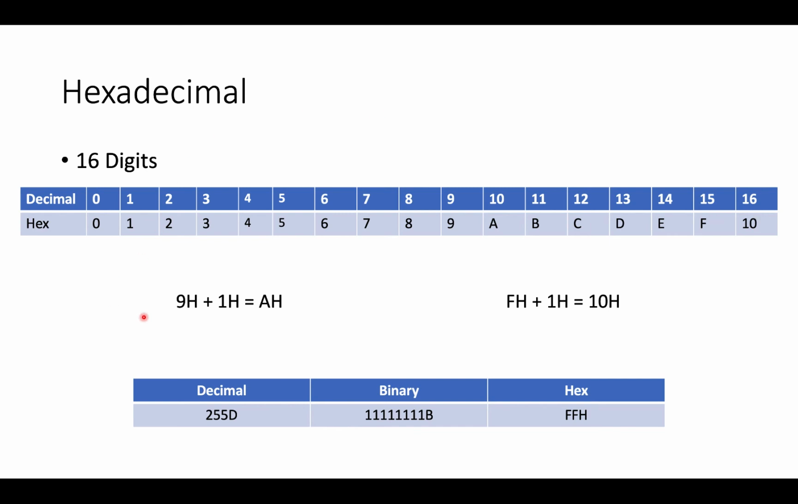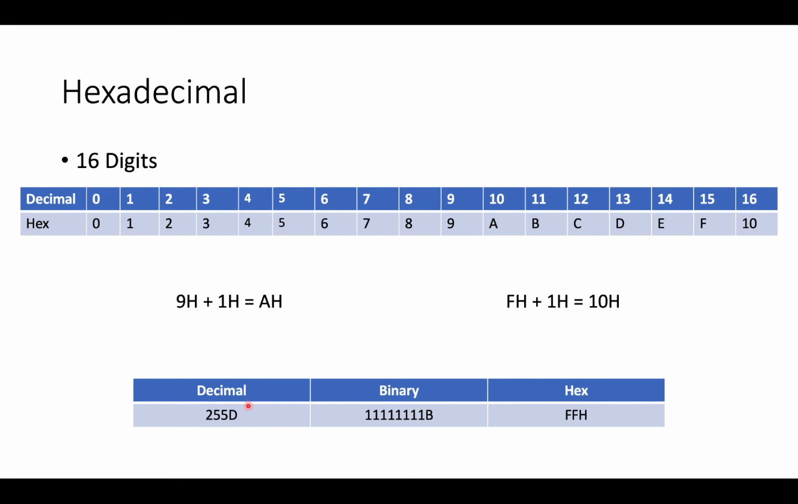So if I have 9 hex plus 1 hex, that is 10 hex. The H at the end of it just tells us whether we're dealing with decimal, binary, or hex. Okay, F hex, FH, so that's 15 in decimal, plus 1 is going to give me 10 in H. Okay,